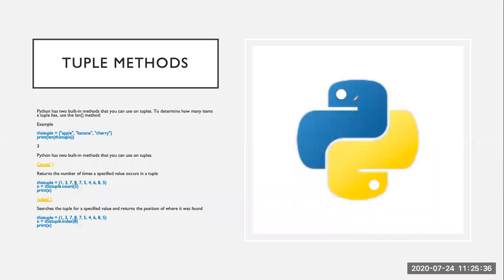Okay, tuples, we can also calculate the length of the tuple because we have the length method for this purpose. For example, this is a tuple and we can simply use the length method on the name of this tuple. The name of this tuple was this tuple and we have added 3 elements. We can simply print the length of this tuple. We can see it has 3 elements, so it will print the length of this tuple as 3.